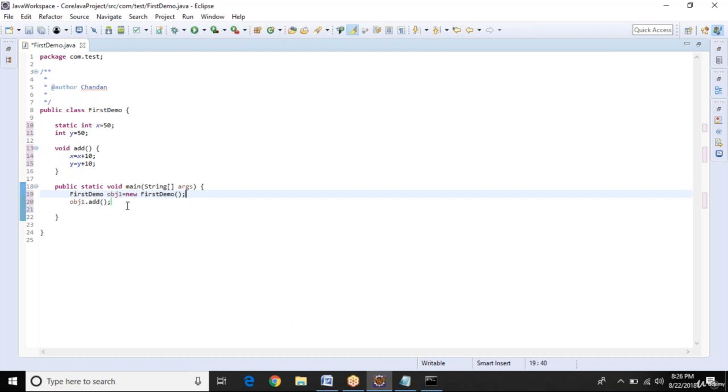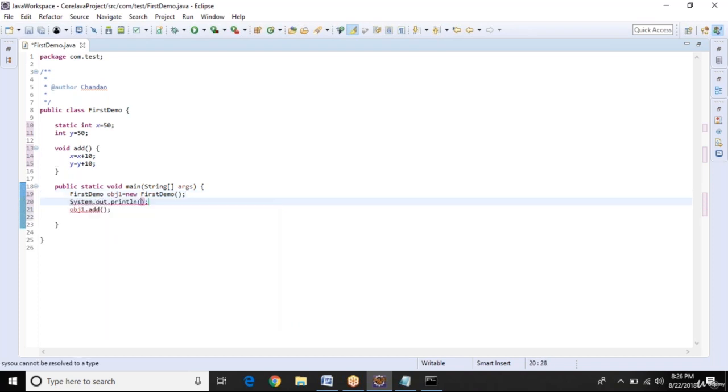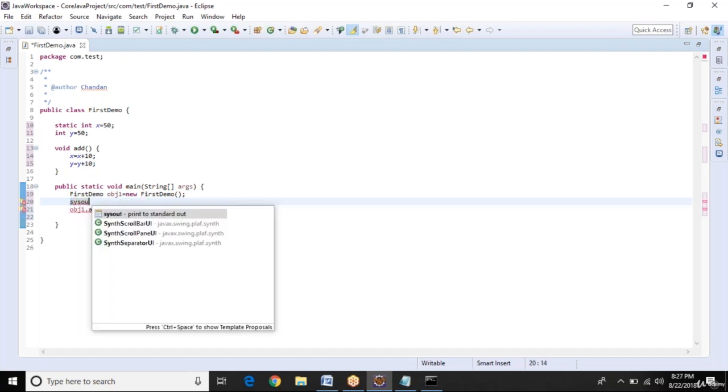So it will print the value of this, and before that I'm printing the value. So x equal to plus x, and then y equal to plus y.